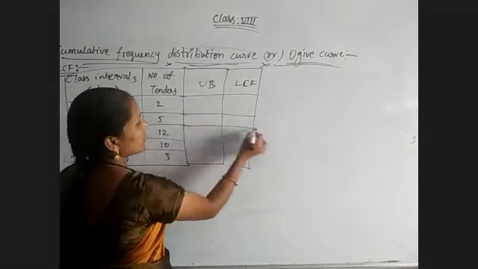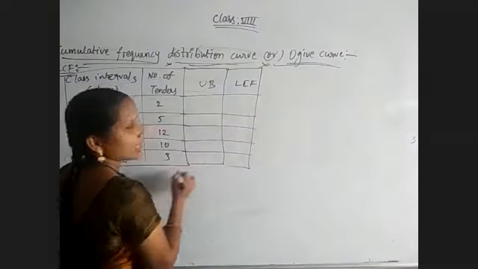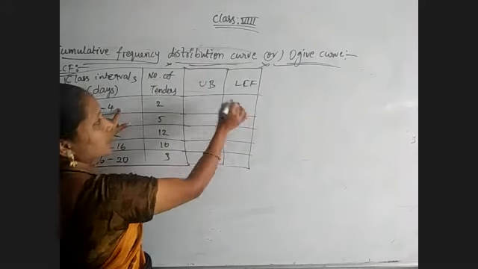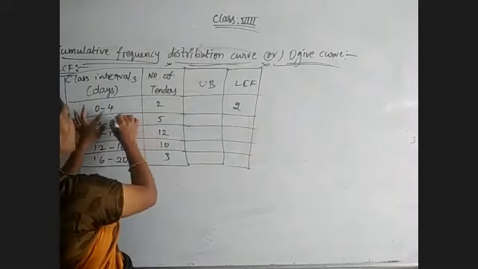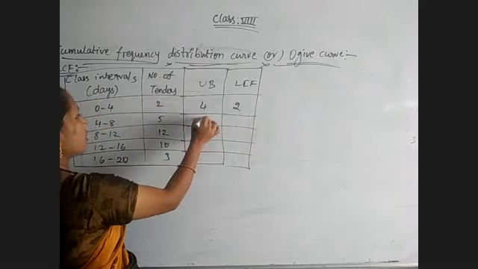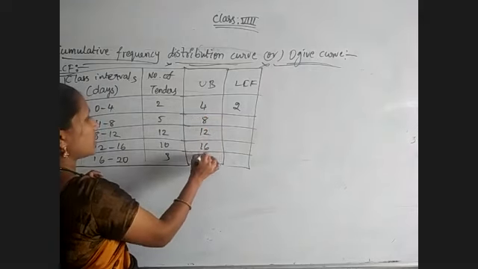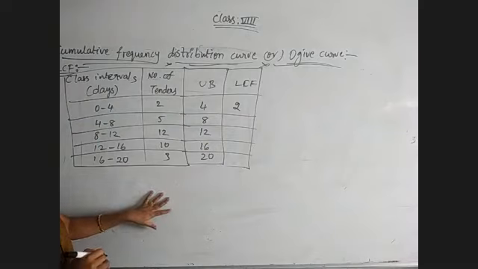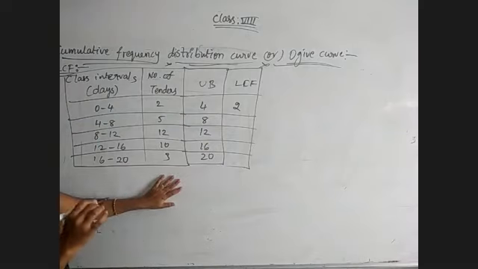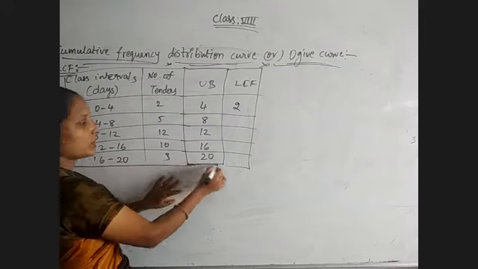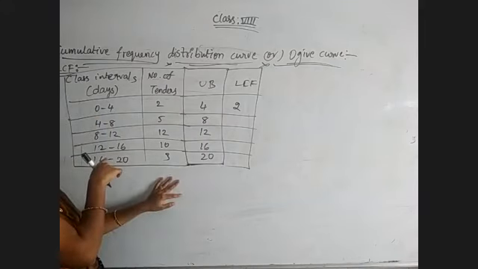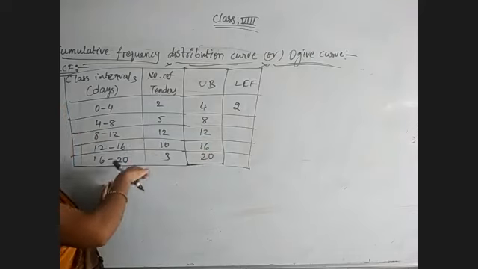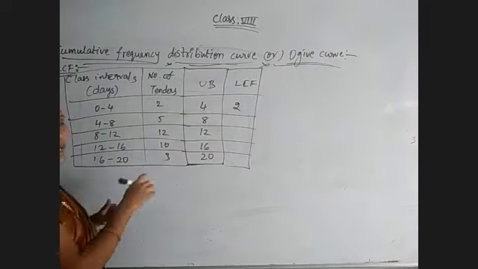Now we are finding the less than cumulative frequency graph. For that we have to take the LCF of the first class, 2 only. So the upper boundary is mentioned first: 4, 8, 12, 16, 20. Why we are mentioning upper boundaries, we will see while we are constructing the graph. And remember, because these are exclusive classes, that's why we are taking the same values. If inclusive classes are given, convert them into exclusive, then take the boundaries.